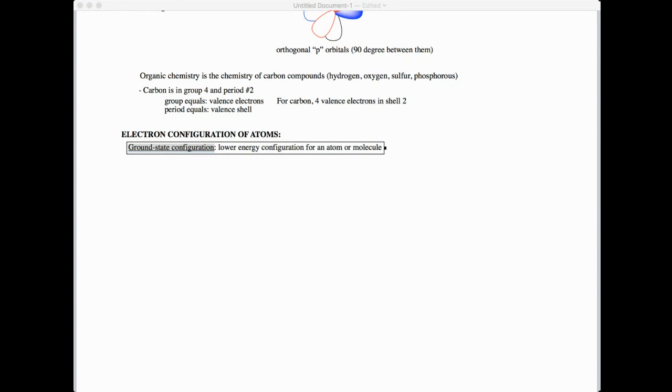And instead of lower, you meant lowest, right? What? No, lower energy. We'll see what that is now. Lower energy